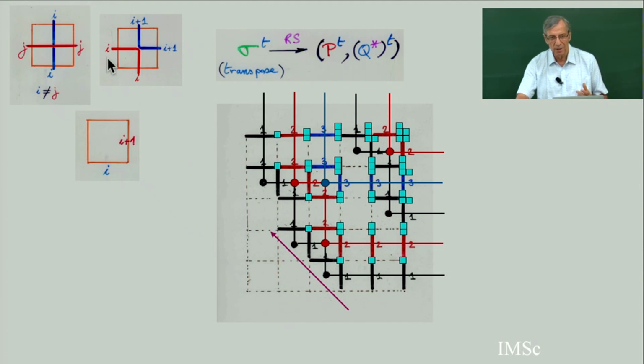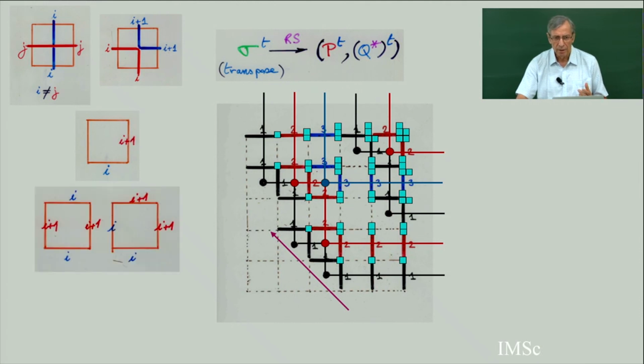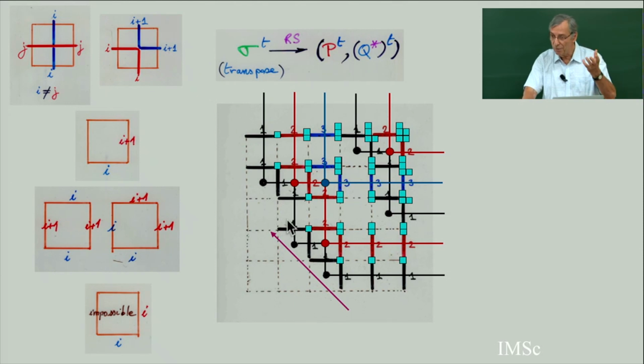So if I want to read this rewriting from this side, suppose I have a square, when I have i plus 1, then there is an ambiguity because i plus 1 can be given by this case or this case. And i,i is impossible. So if you try to read what you get in this old tableau starting from here, you have many different possibilities. And what you will get is, in fact, the Knuth equivalence class, because the P symbol is fixed. And here you have nothing. All the labels of the edges are 0.